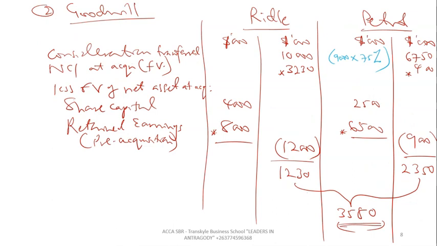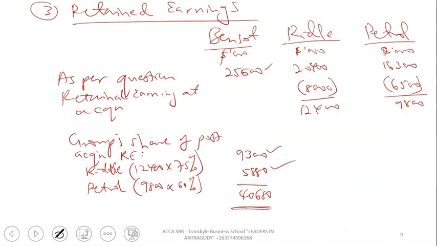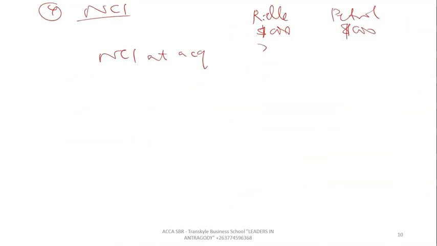Where is my 6? It has disappeared. All right, fine. That's good. So that's 3.23 million and 4.6 million. Because we are using the fair value method, it is actually given in the exam. And then we have to worry about the NCI share of post-acquisition